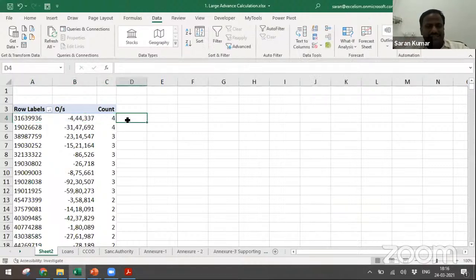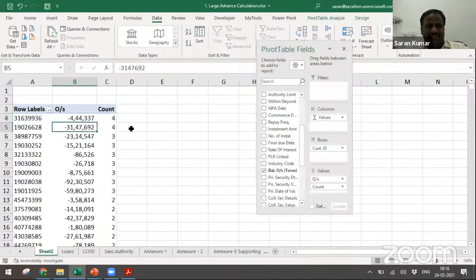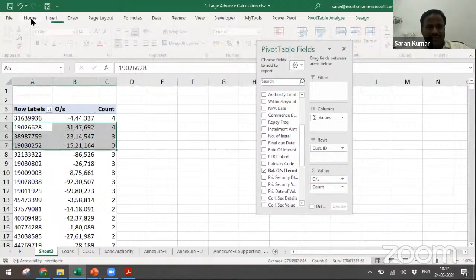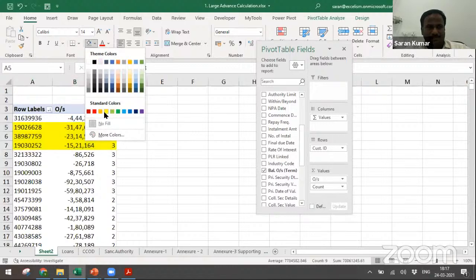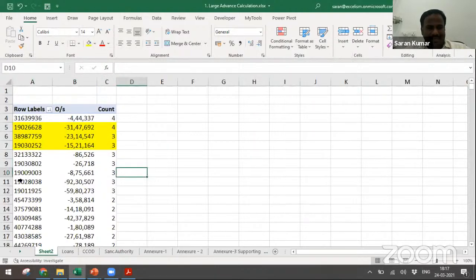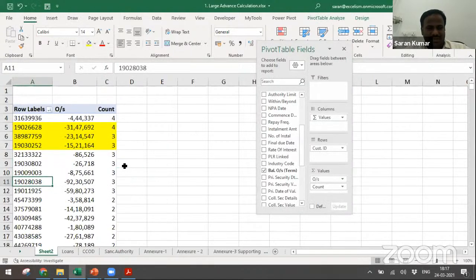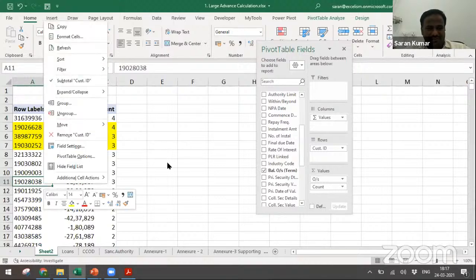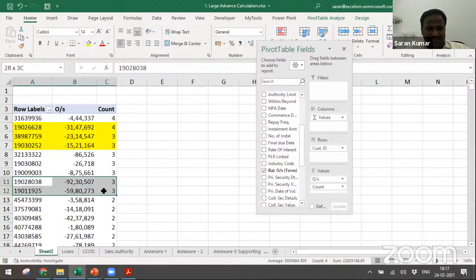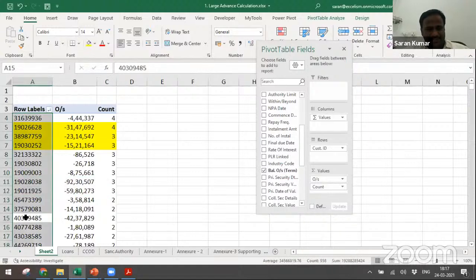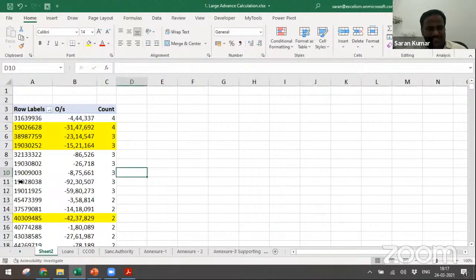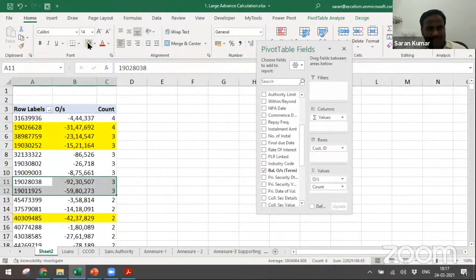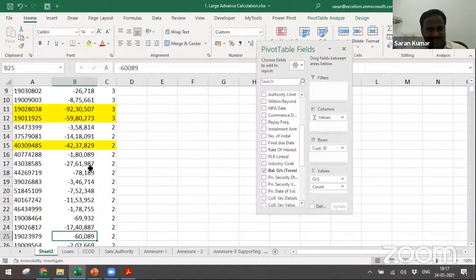But still, it is your duty to check it out. In this case, since the sample size is small, I'll not check it out. But in these 3 cases, I'll have a very keen observation, because the amounts are a little bigger. Maybe in these 2 cases also, I'll try to check more. So let me highlight these 2, and let me highlight this one and also these 2.